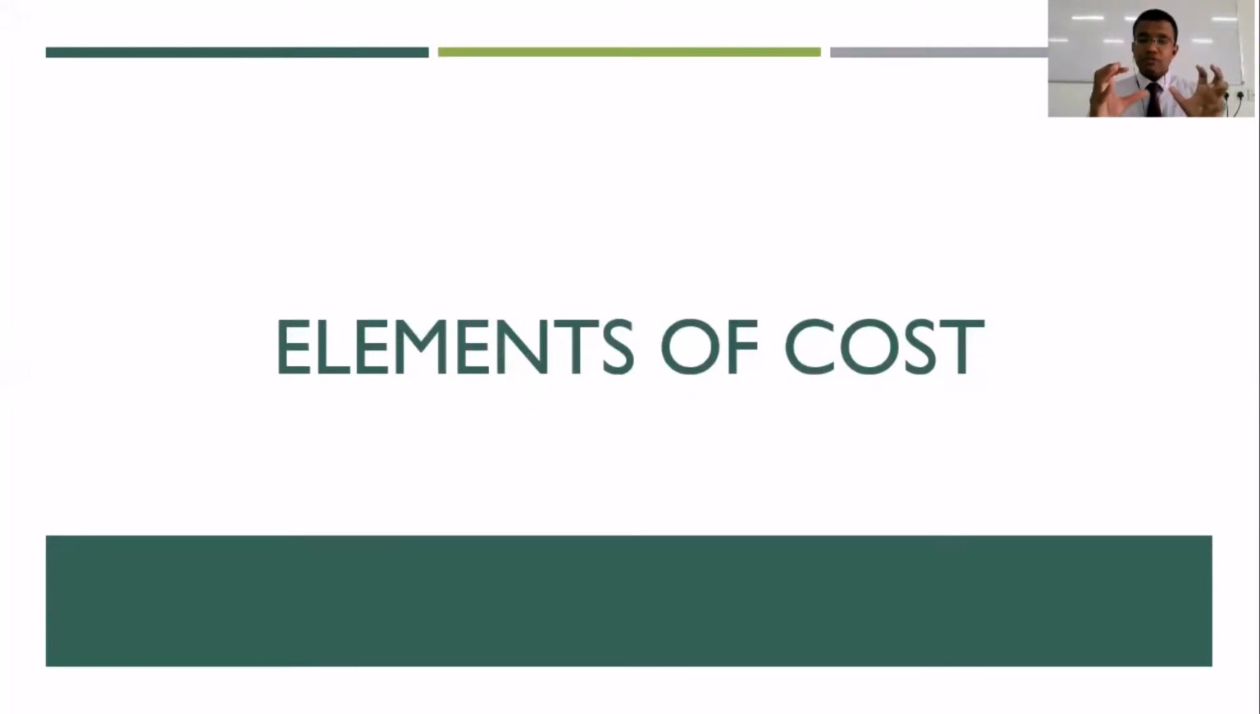Now, your understanding about elements of cost forms the crux of understanding the subject of cost accounting. For you to be able to seamlessly carry out the practices of cost accounting, it is very important for you to have a good understanding of what is meant by elements of cost. In chemistry, we would have studied the concept of